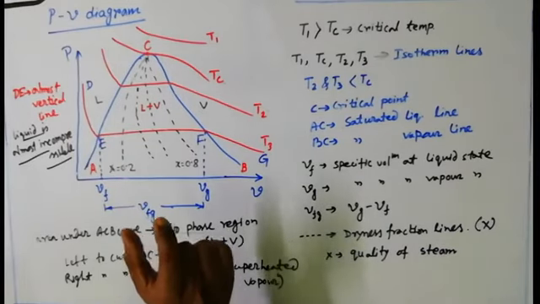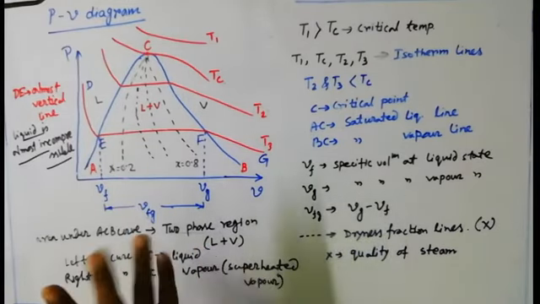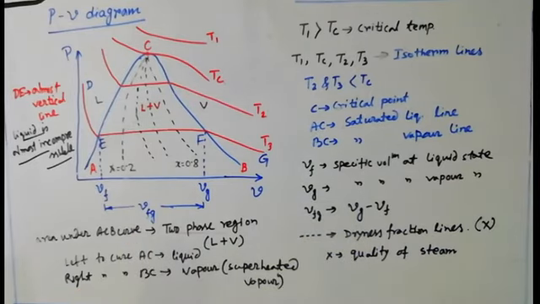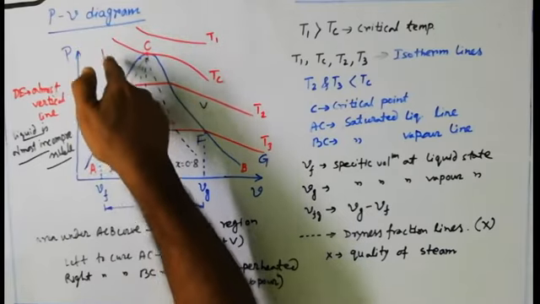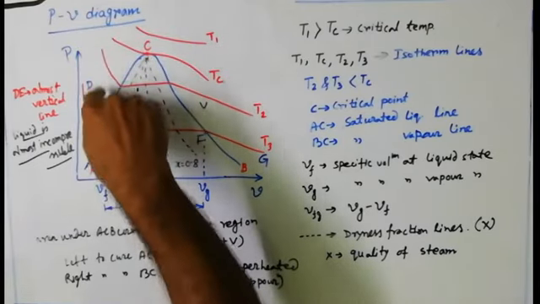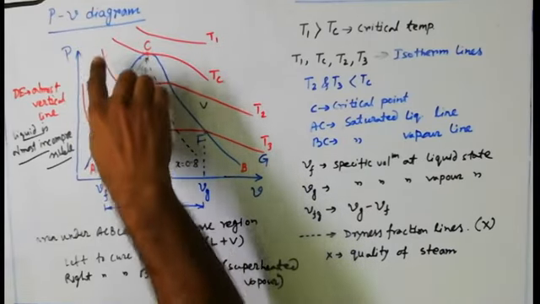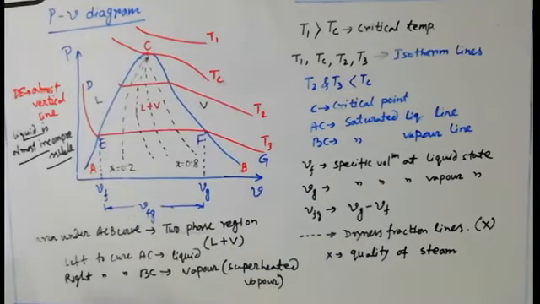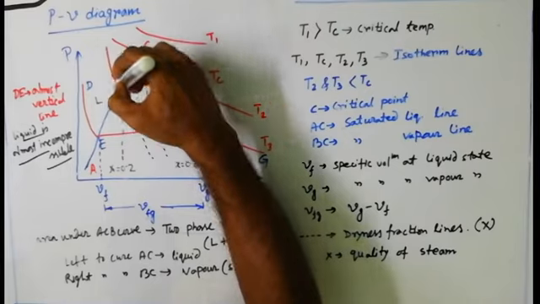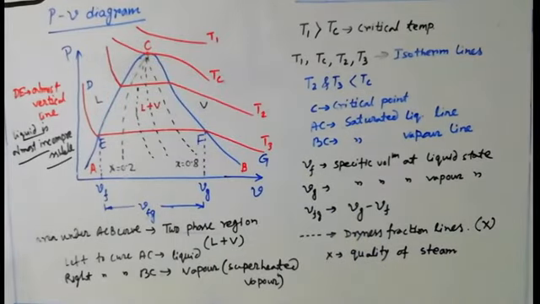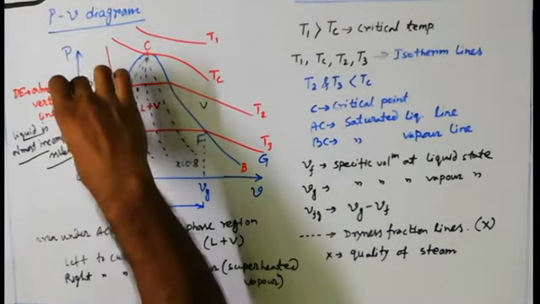A little amount of change obviously will occur, but it's very negligible in amount. That's why you can see an almost vertical line. All these pressure lines and temperature lines lying in this liquid region are almost vertical. I have drawn it like an incline. It should be more vertical in nature, like this way. Okay, that is the reason why the DE part is almost vertical.